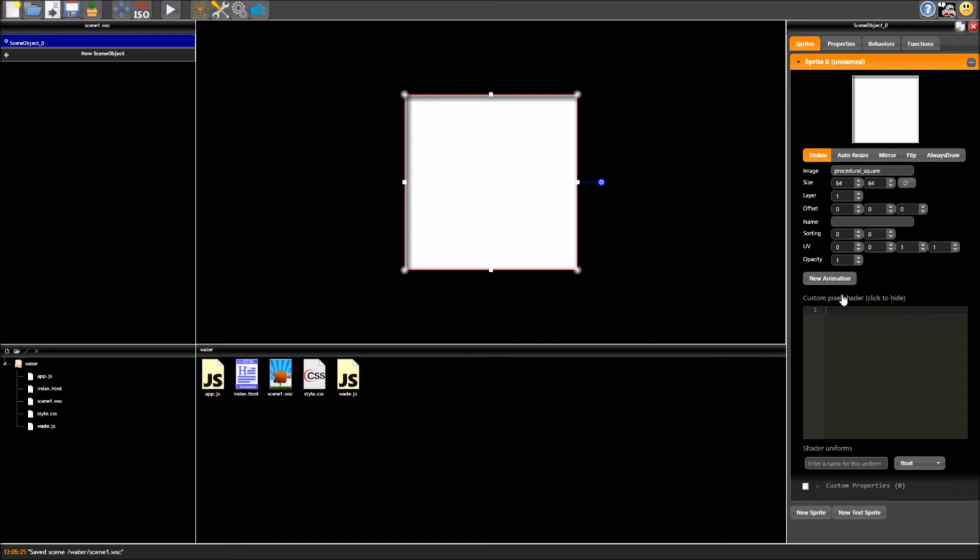These shaders are called pixel shaders primarily. They're also known as fragment shaders. But basically, it's a little program, a piece of code, that runs for every single pixel that the graphics card has to draw. This is very useful if you want to do some crazy cool effects, or just a basic water effect, which is what we're doing now.